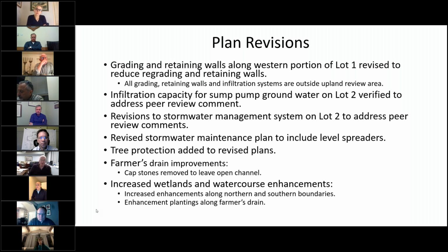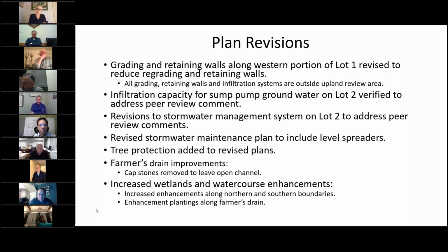Infiltration capacity for the sump pump, Mr. Chairman, you had a question about this. That calculation was done and verified between the two engineers. Revisions to the stormwater management system to address the peer review comments, that was done. Revised the stormwater maintenance plan to include level spreader maintenance, and that's also in the plan. Tree protection has been added to the revised plans, and I'm sure you'll hear a lot about the farmer's drain